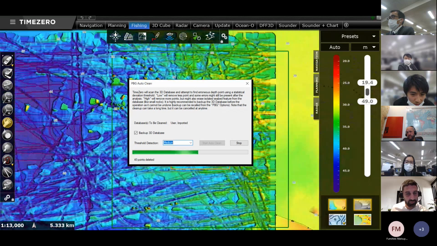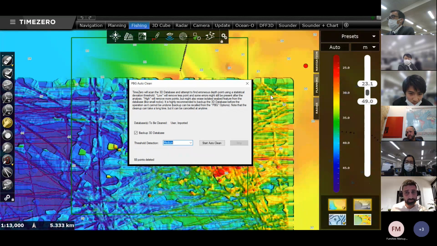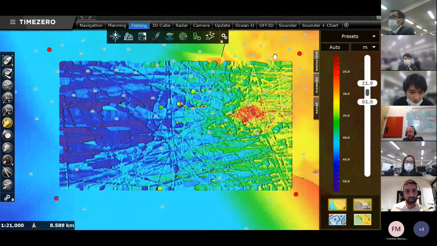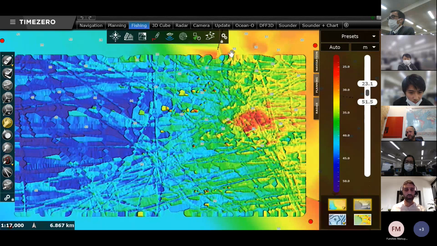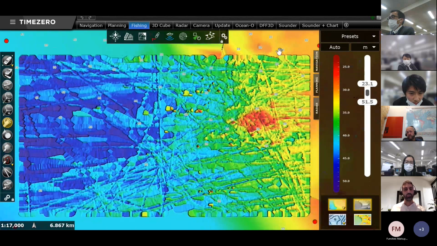So here I've deleted 88 points on my second pass, and you see that now the color shading is really, really nice. I can do it a third time, but you understand my point. And you see that now I have a database that looks so much better. I have removed all the red points, and I'm displaying a nice PBG database.